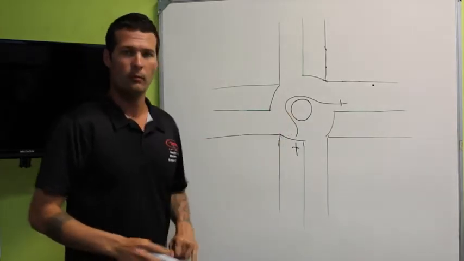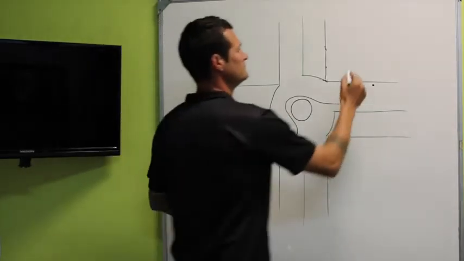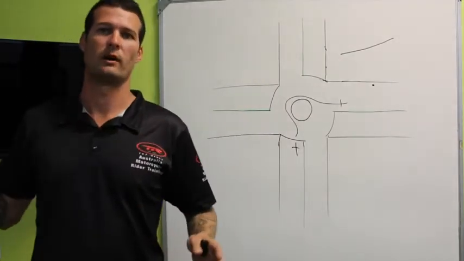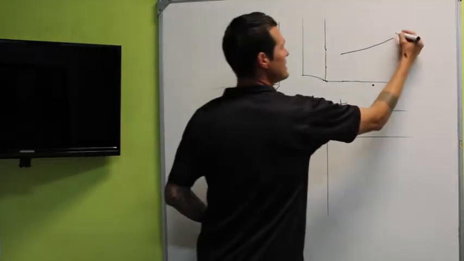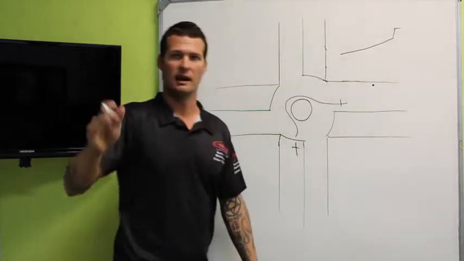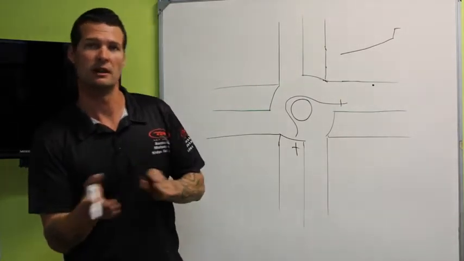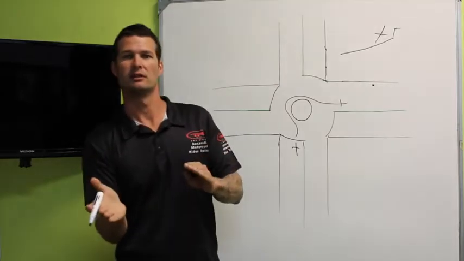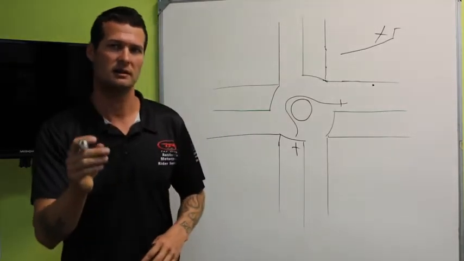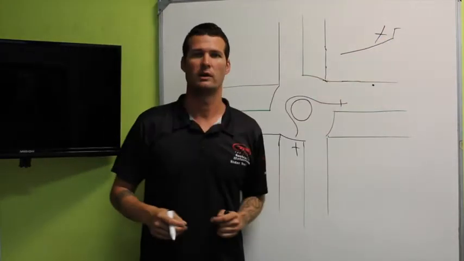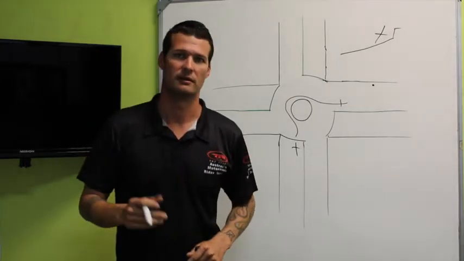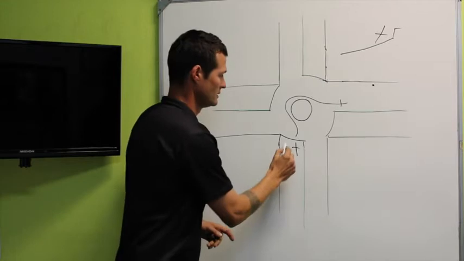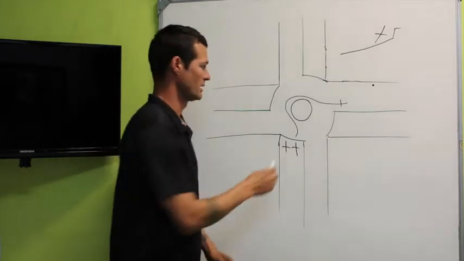Most roundabouts are on a bit of a curve, so the water will wash away from it. And then what we have is a gutter. Now when we're riding around and we lean our bike over, our peg gets awfully close to the ground. So if we're too close to that guttering, we can actually clip our feet. So another way of doing it is go to the left-hand wheel track